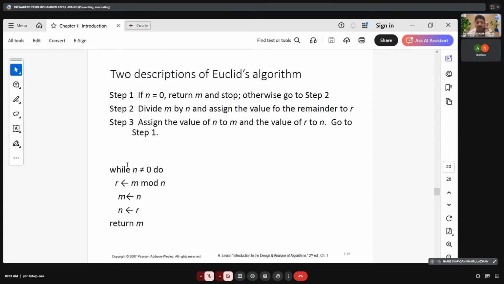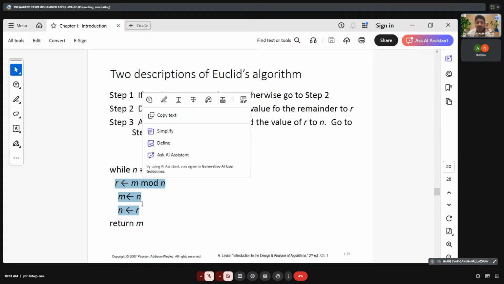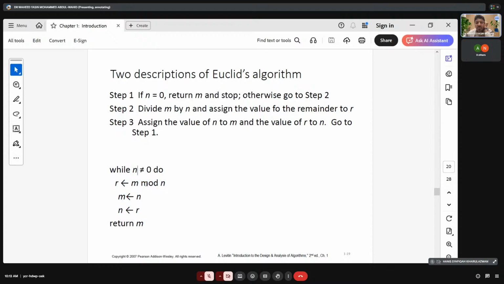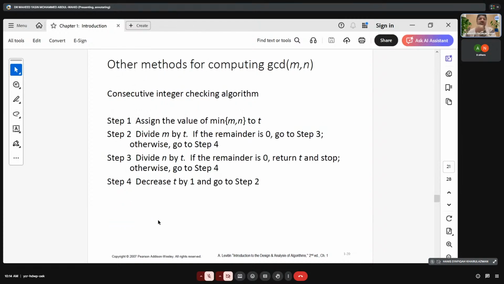So what we are going to do here is while n is not equal to 0 do: m mod n equals r, which means the remainder. Then m equals n, n equals r, and we repeat this until n is 0, then return m. So other methods of computing GCD: